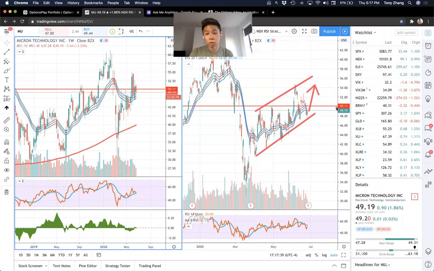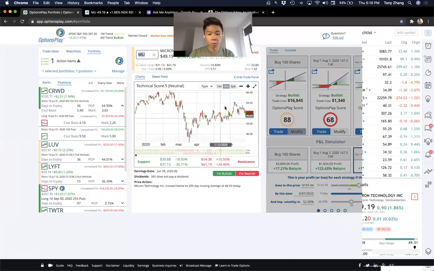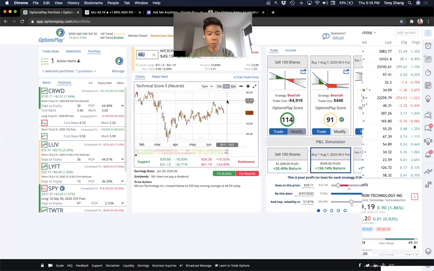So if you like semis, I certainly think MU is one of the potential candidates. Again, my favorite in the semiconductor space is NVIDIA and AMD, but Micron, Texas Instruments, both of these I particularly like. Micron, just from a technical perspective, I actually quite like this setup because it is trading near the bottom of that range, and if you do get a move to the upside of that range, you might get that relatively quickly.